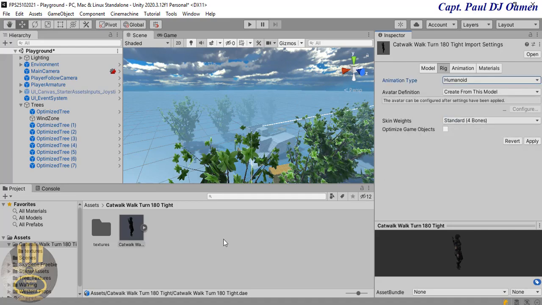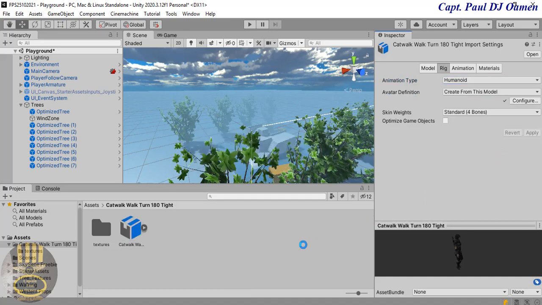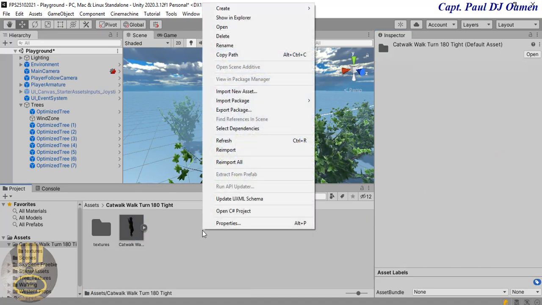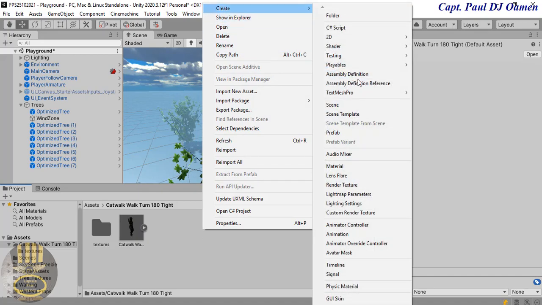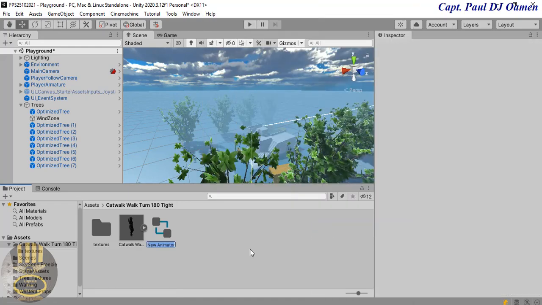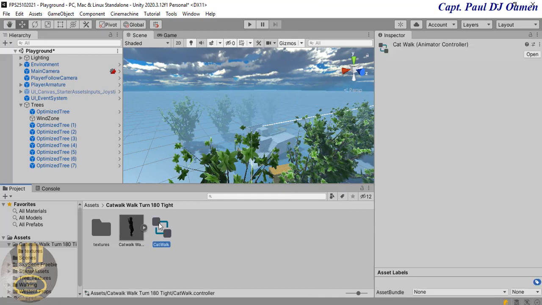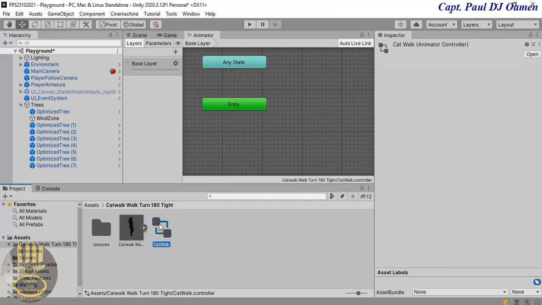Now the next thing we want to do, so that we can grab hold of the animation, is to first apply it. I'm just going to apply that. Right click in here, come into create and select animator controller. I'm just going to call the animator controller catwalk. That is it, done. Double click on the animator controller we just created, and inside this is your humanoid. Now click